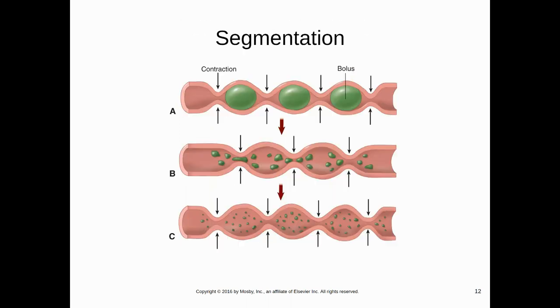Okay. Then when we go to segmentation, we're trying to make them become smaller because you have this huge thing that you just swallowed, right? Now it's not super huge because otherwise you'd be choking, but you've got this larger piece of bolus. You want to get that down to a smaller particle that can be easily digested and mixed in to make the portions that we need when we look at going into our stomach. Okay,